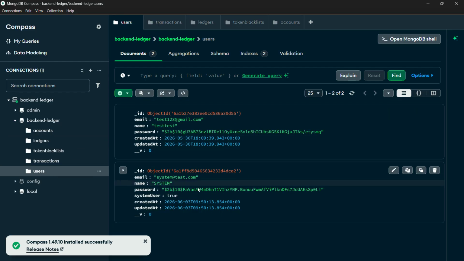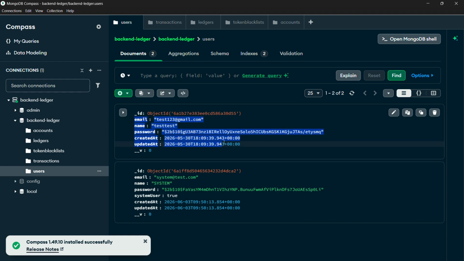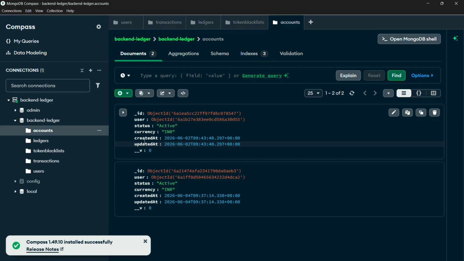So as you can see, I have already created some documents. This is the user model, the users collection. As you can see, it has attributes like date, email, name, and password. Then the accounts model. For the account model, it looks like this: ID, user, status, whether it is active or not, and the currency,